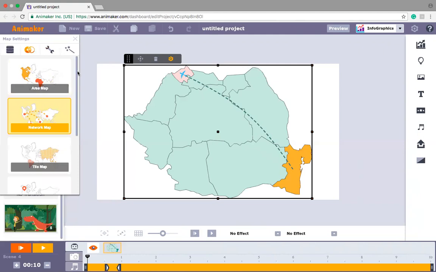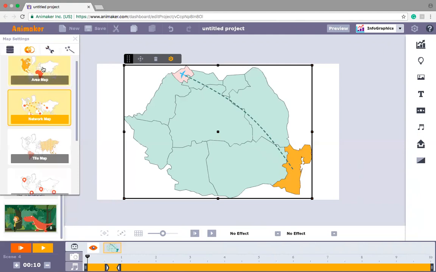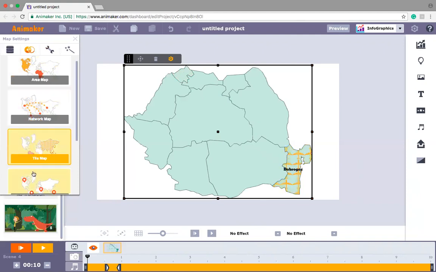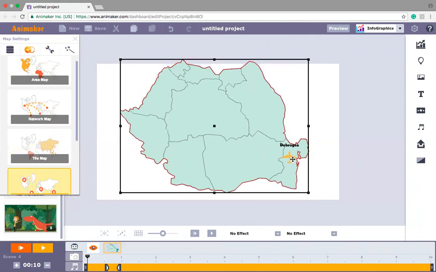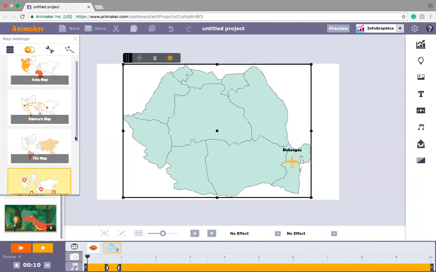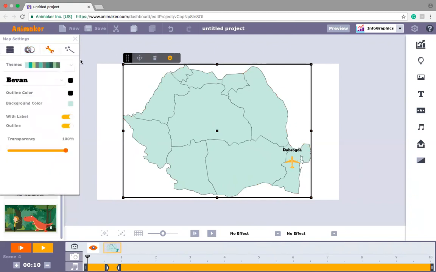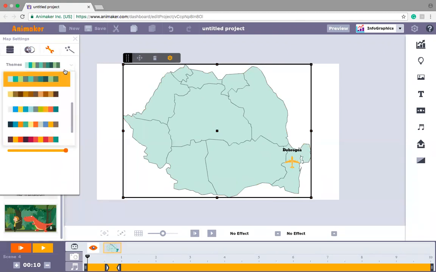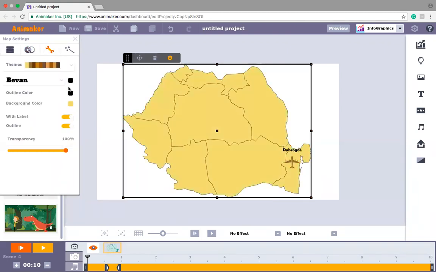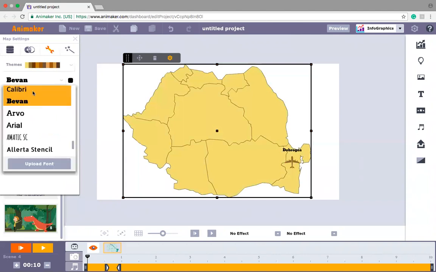I can also choose various types of maps, such as area map, network map, tile map, location map, etc. I can also, of course, change the theme color. Let's say if I pick this one, the total theme changes. You can choose to change the text font,